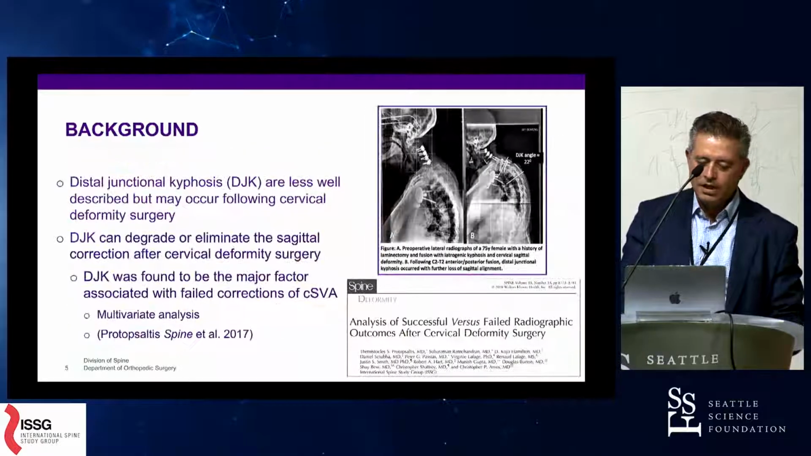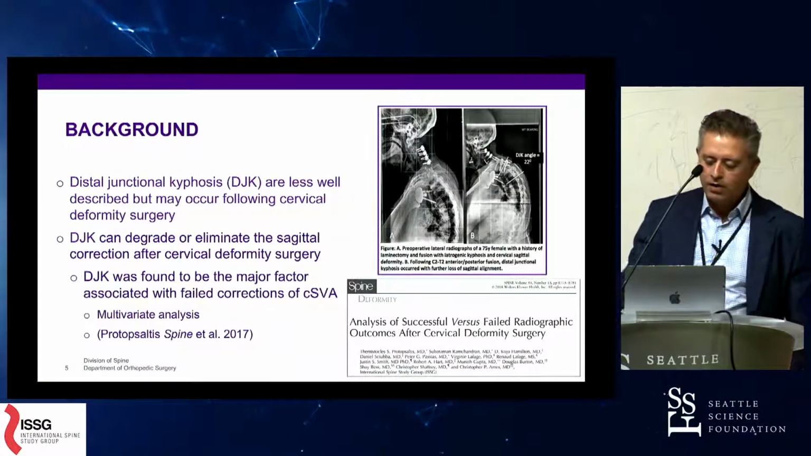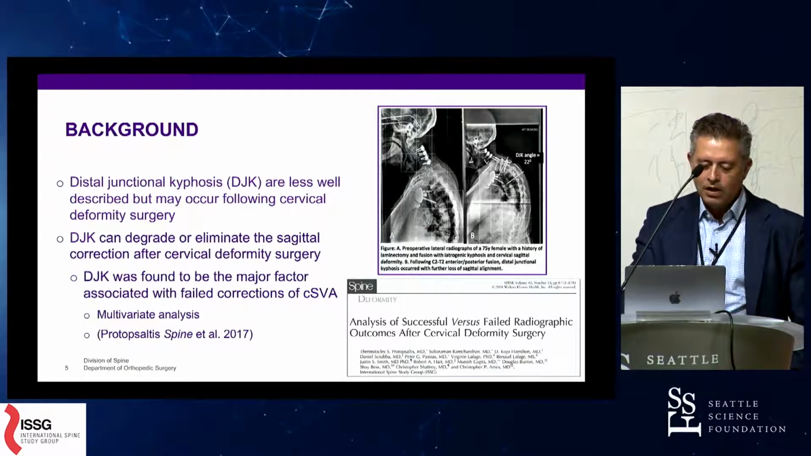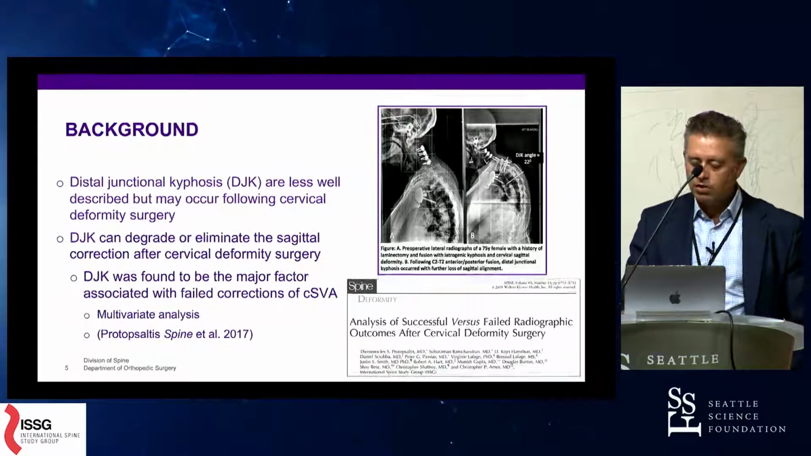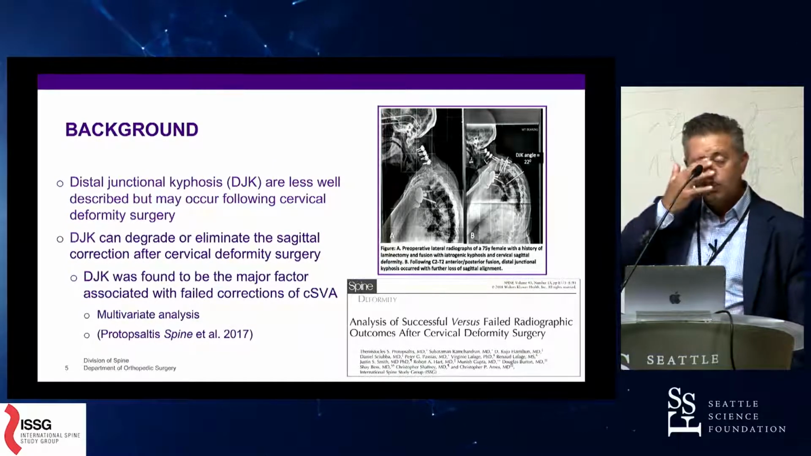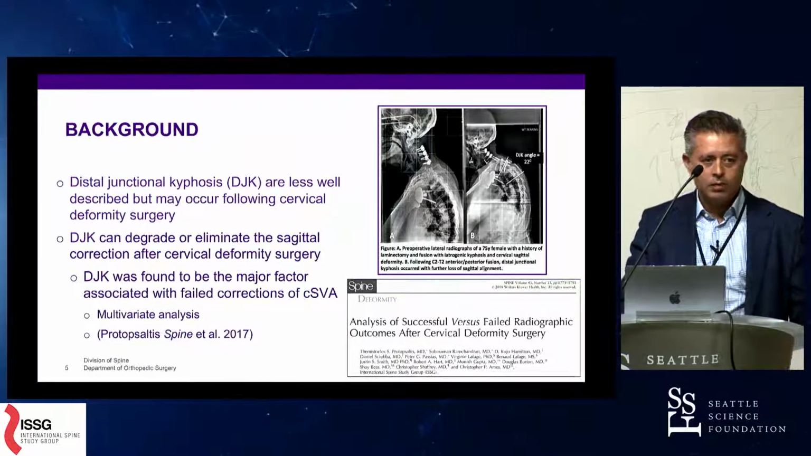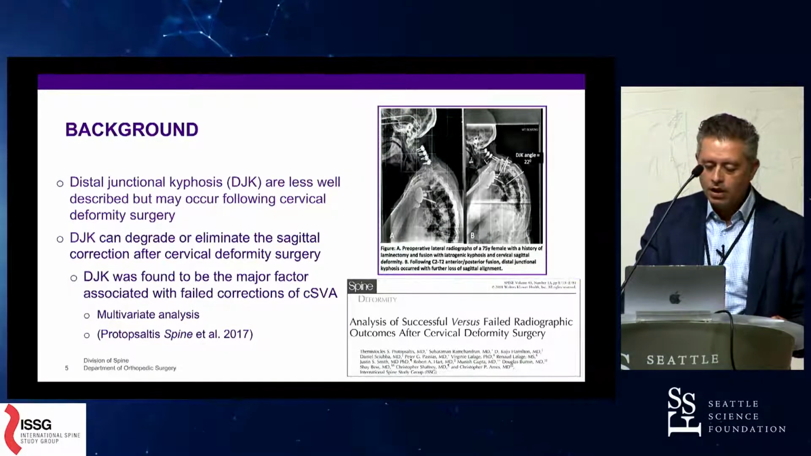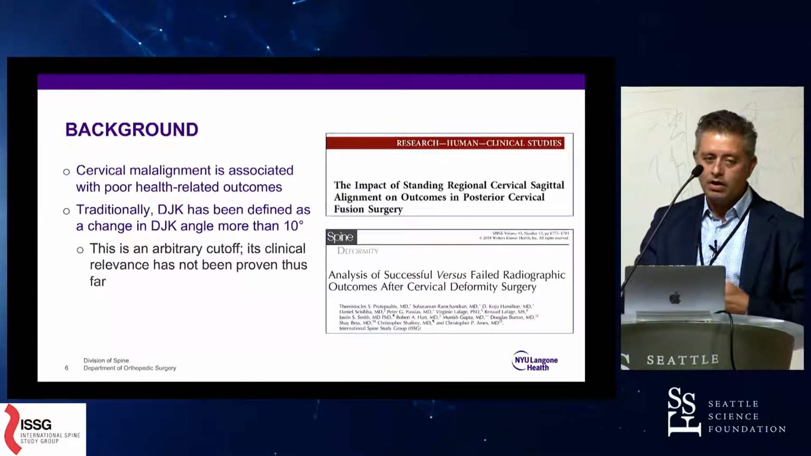of 10 degrees, right? But distal junctional kyphosis is PJK turned upside down in cervical deformity corrections, and it can eliminate or degrade your correction, which is what you're going for, which is what you're putting this poor frail patient through this huge surgery to accomplish, the deformity correction. So I think the stakes are high and you have to get it right, and you try to minimize the